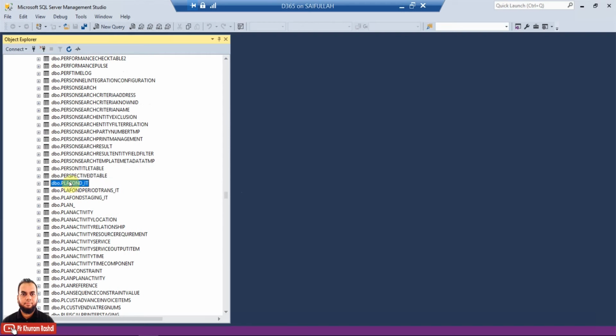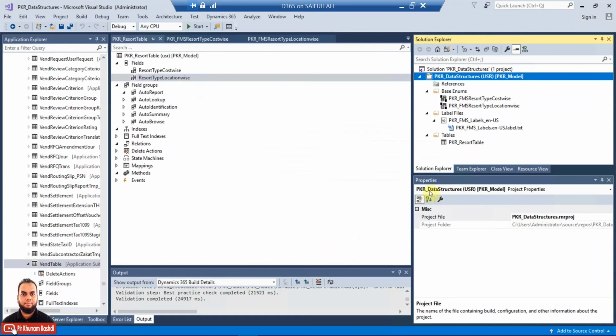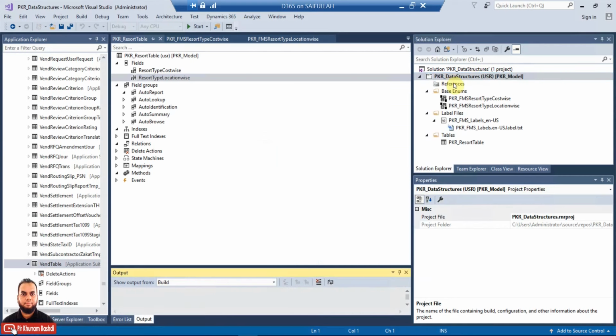After this one it should be here, because I am renaming it with the prefix PKR, so it should be around here. Now we'll turn synchronize database on build to true and press OK, and then we will build our project.